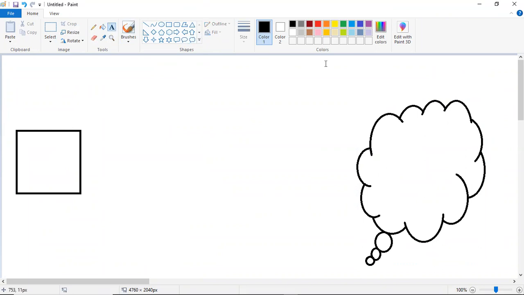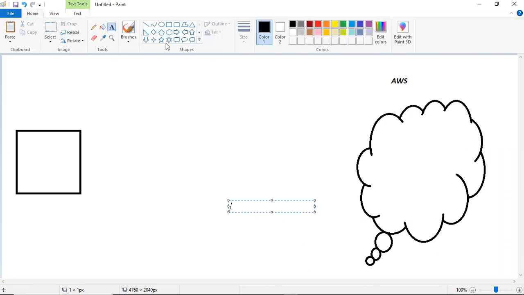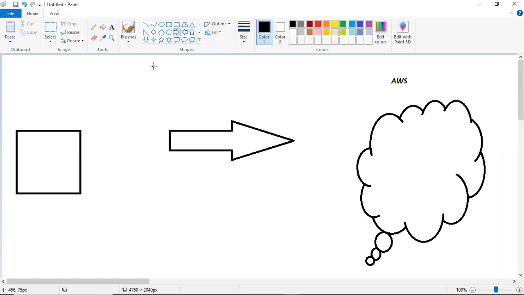How am I creating the resources in the cloud? From the browser, I will do the console login, correct? That is the GUI method, graphical user interface.